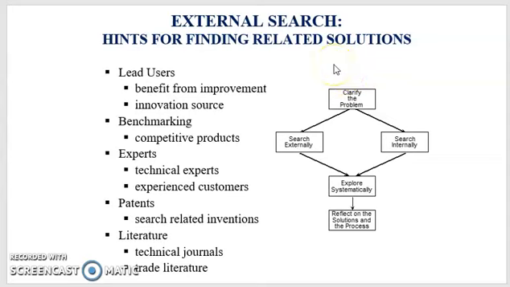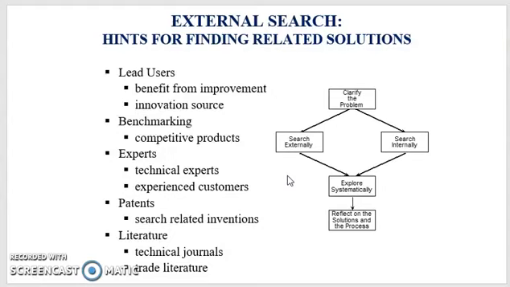External search is the second step in the concept generation process. External search is aimed at finding existing solutions to both the overall problem and the sub-problems defined during the problem clarification step. While external search is listed as the second step in the concept generation method, this sequential labeling is deceptive. External search occurs continually throughout the development process.